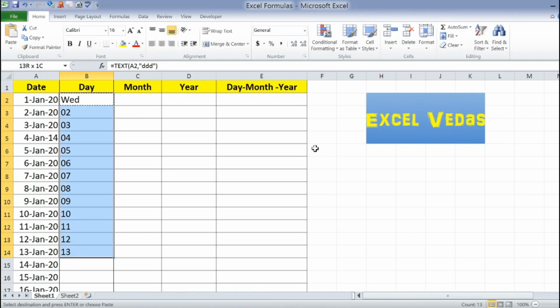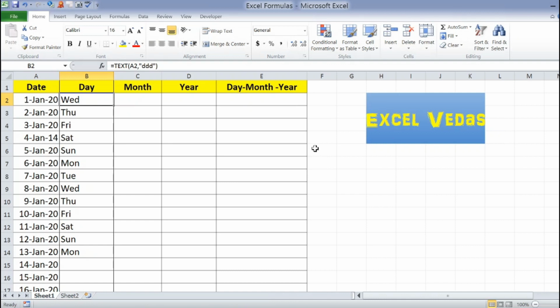Here it comes, it's not coming fully as Wednesday, it's coming in the short form of the day. So it's coming like Wed, instead of Thursday it's coming Thu, instead of Friday it's coming Fri. Sometimes some people do not want to write the full form of the day, so they want to use a short form.